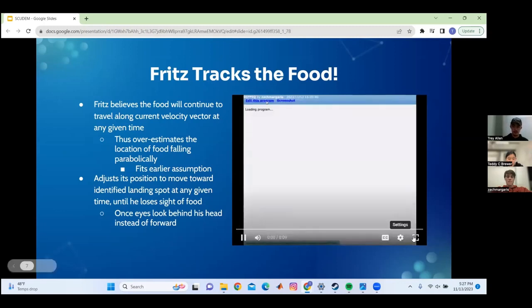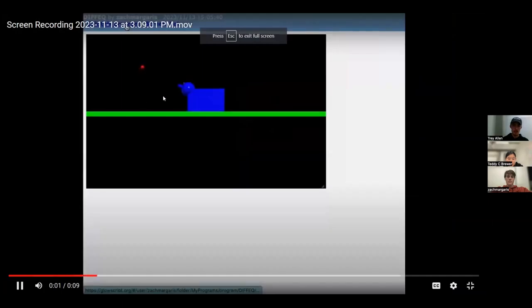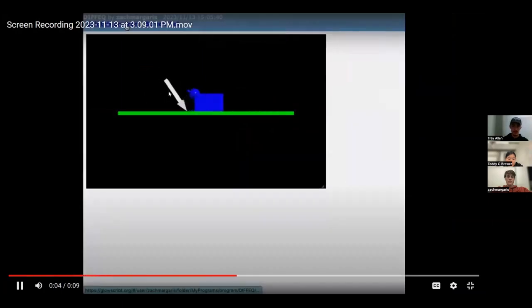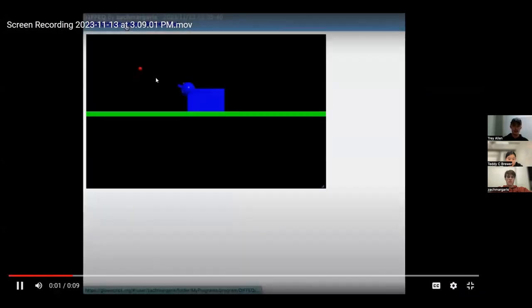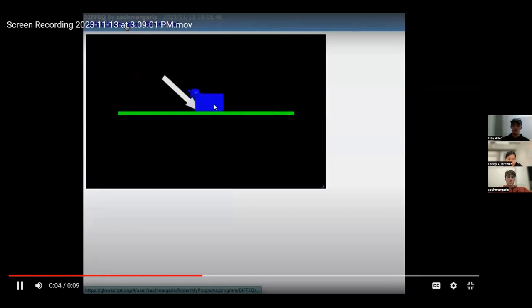So we have a short video here that demonstrates this process. The white line demonstrates where Fritz is moving towards at any given time based on the velocity of the food at that instant in time. So initially he starts to move back, but then as the velocity gets steeper and steeper, he's going to move forward and towards the final landing location of the food. Now in this instance, he does not catch the food, but we're going